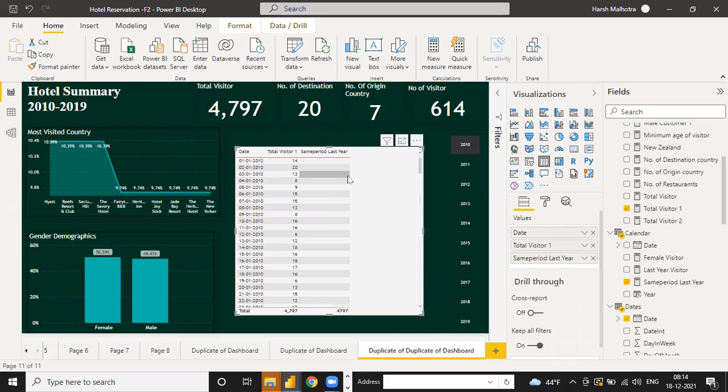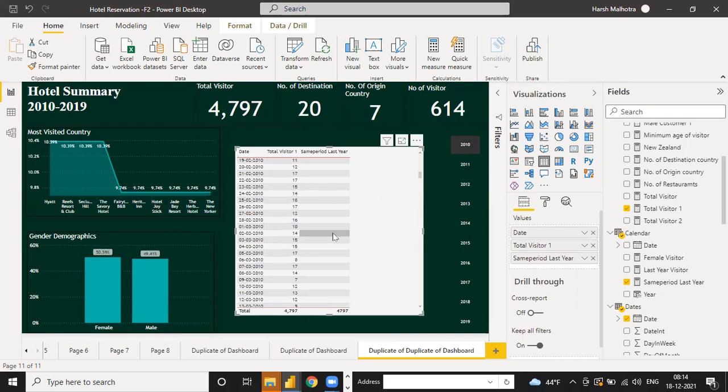No, see, in 2010 we don't have any value. That is why it is blank.